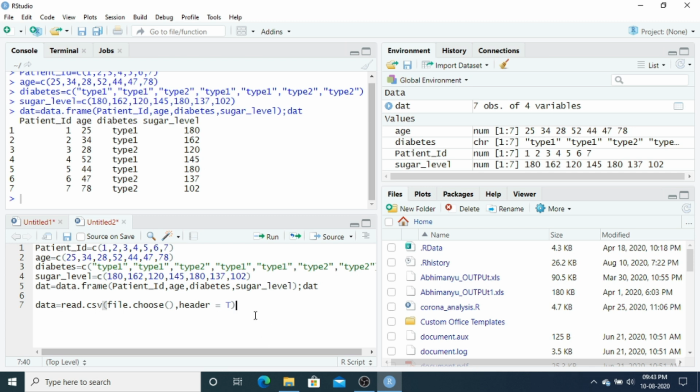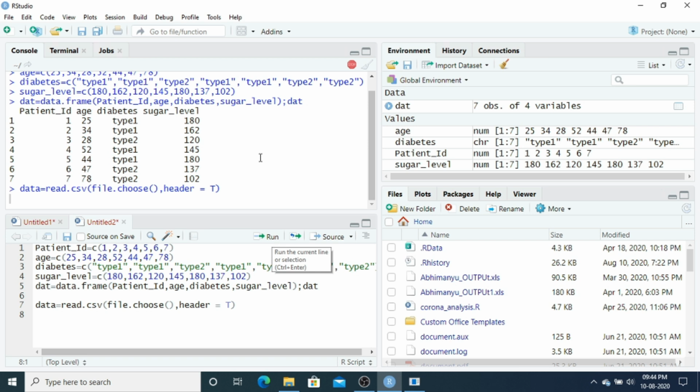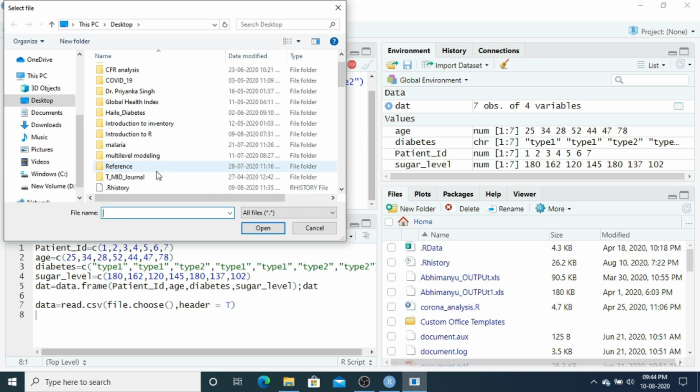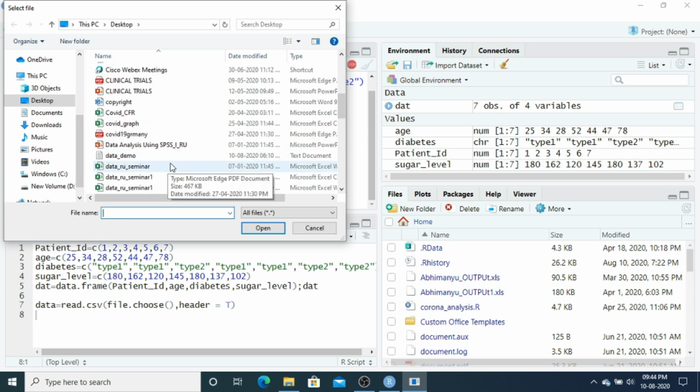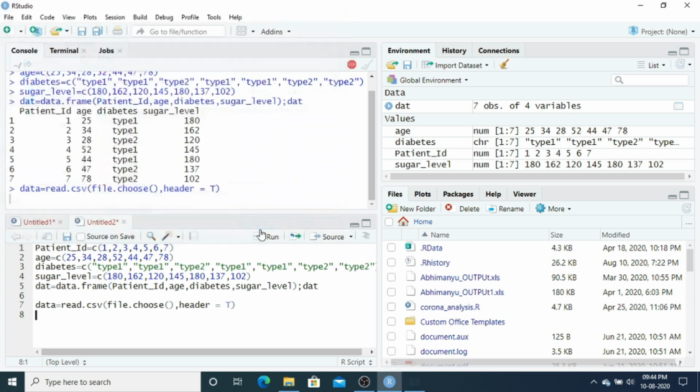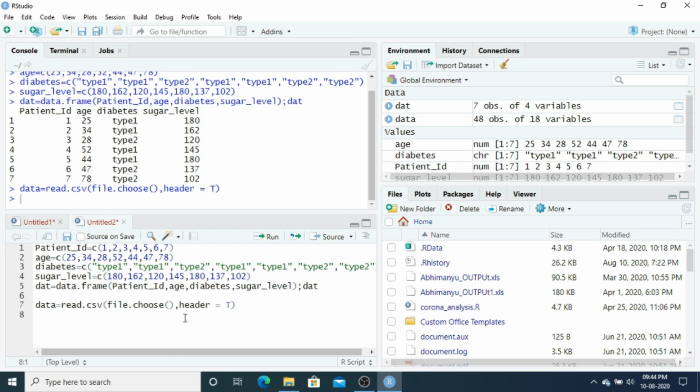Right now that is on my desktop. So if I run it, you can see while I'm running this, another window opens, and it is showing me the desktop. I can see the name of the data, RU seminar 1, was my data. I am interested in calling this because it is in CSV form. If I click here, the data comes into my R. So it is being imported.